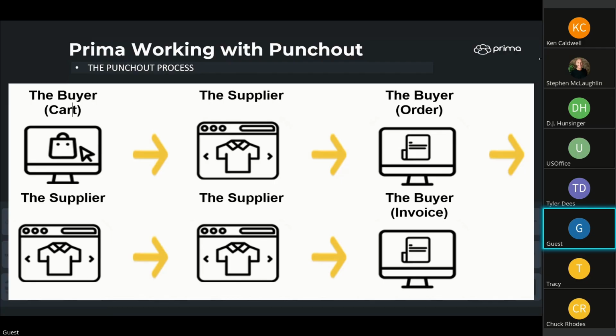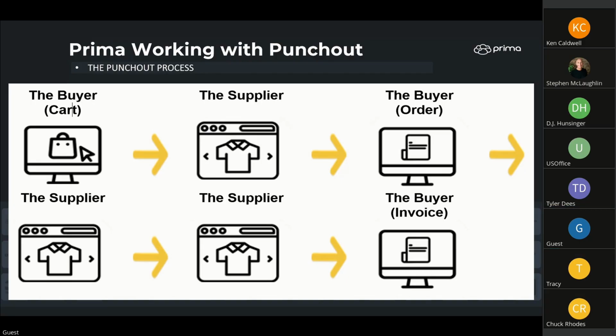This bit gets in my way all the time. You probably can't see what I'm moving, by the way. The buyer will then change that requisition into the order. So you can see, if you can see my mouse, it's here, and send it back to you as a supplier, okay? And then you'll process that order as a supplier. And you'll then send an invoice back, okay? So that's very, very high level, and